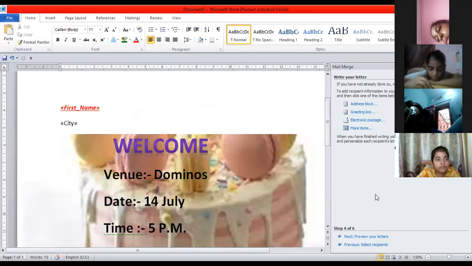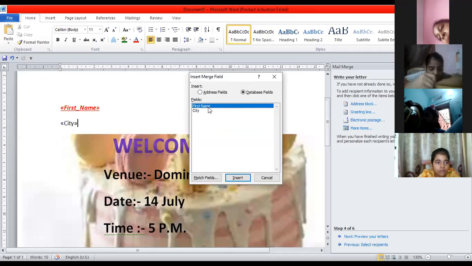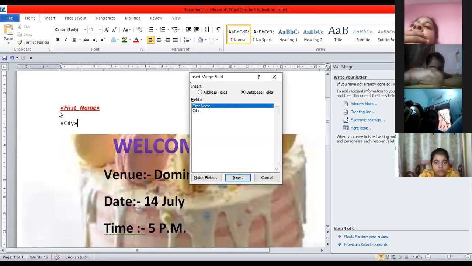Ma'am, there. Here at the bottom it is there. As you came to the 3rd step, similarly you will go to the 4th step and there you will select this option, more items, and click on more items. So these 2 things you have entered. Now select what you want, where you want to insert. First make the position of the cursor at the right place, then select the option from here and click on insert. As soon as you insert, that part will be inserted over there.